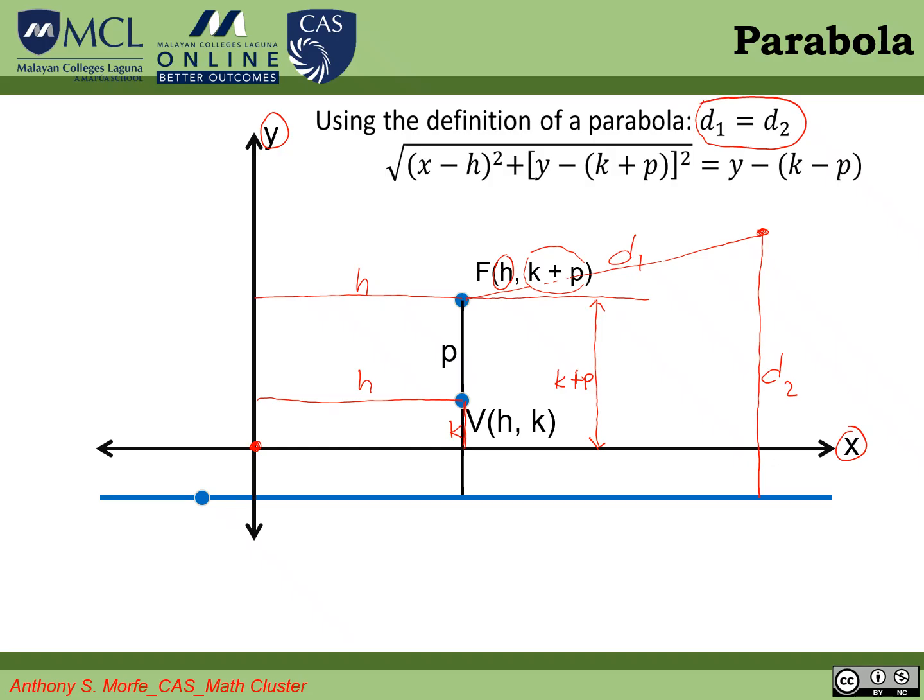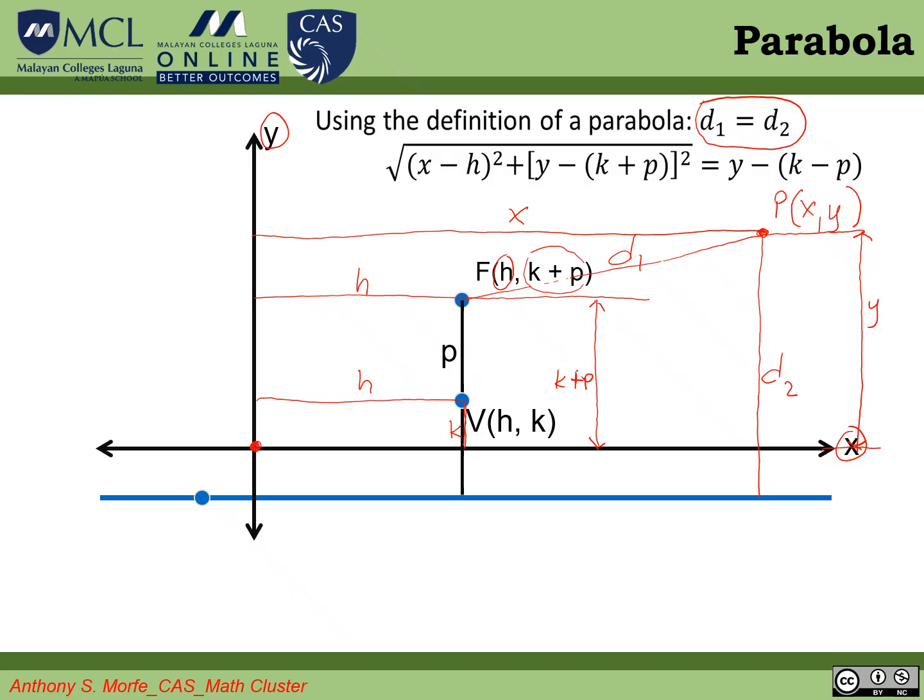So what is this point? If we call this point P, let the coordinates of this point be x and y. And what is this x? x is the distance from the y-axis towards the point. So this is our x. And y is the distance from the x-axis towards that same point. I'll prolong this. So this is y, the distance from the x-axis towards this point, that is equal to y.